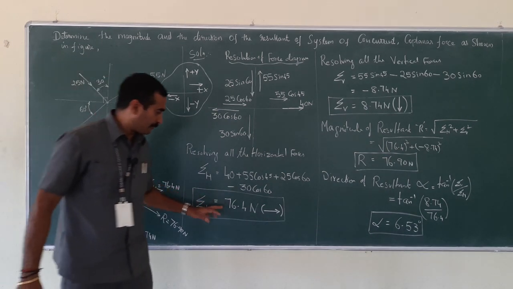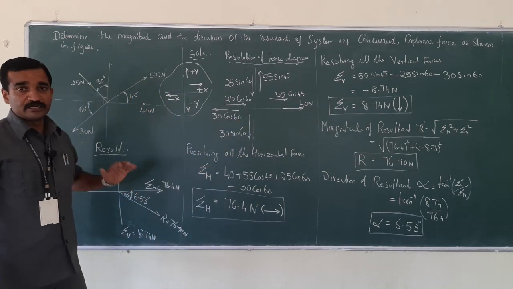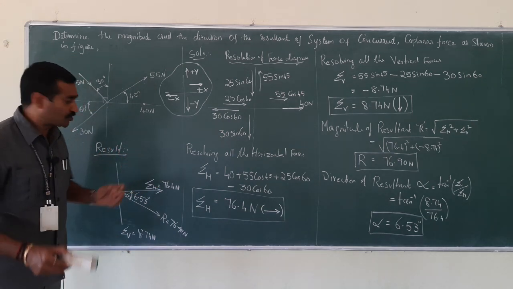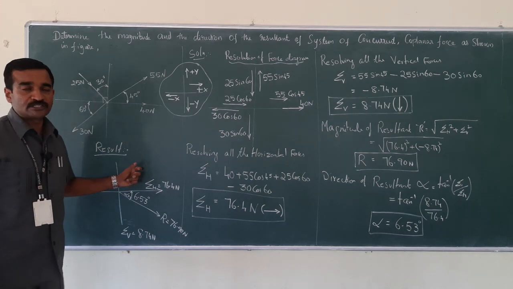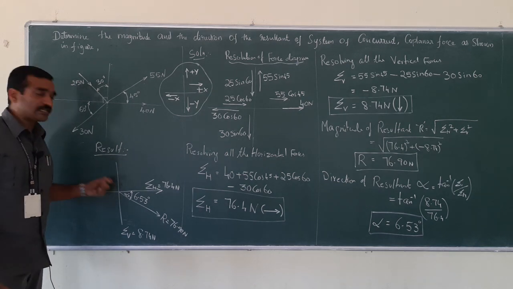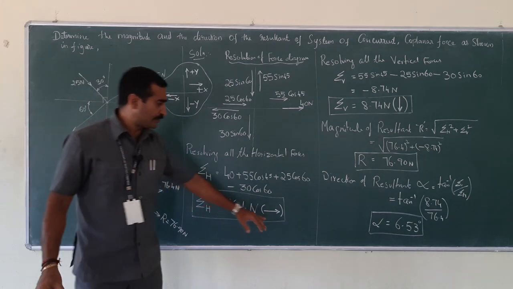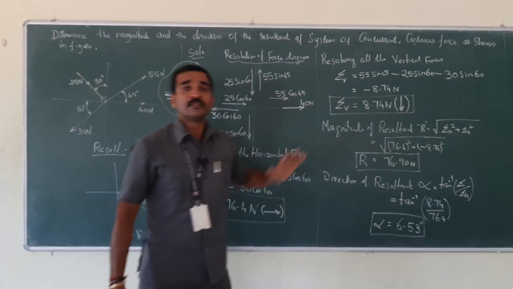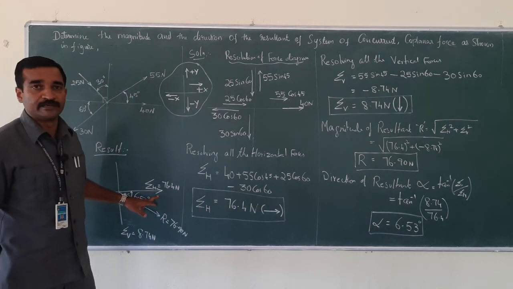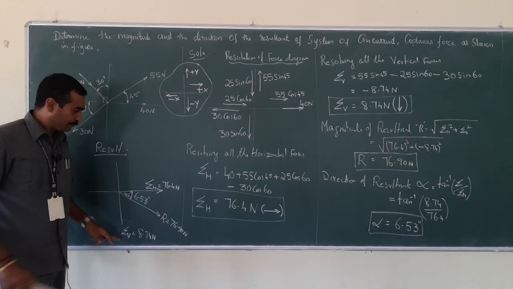So based on the values of summation H and summation V, you will have to capture this graphical representation. If both values are negative, then it will come in the third quadrant. If both values are positive, the resultant would be captured in the first quadrant. If summation V is positive and summation H is negative, the resultant force will be captured in the second quadrant. Just remember it. For that reason only I have shown that arrow here. This would be easy for you to capture. Summation H should be here, and this was in the negative direction, that is downwards.